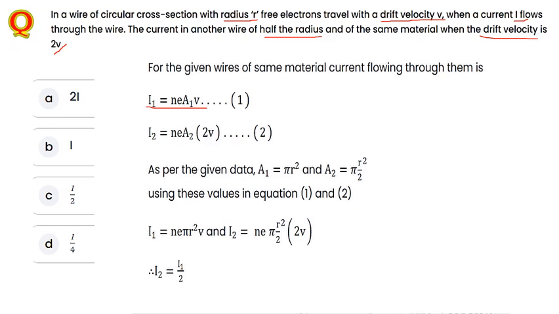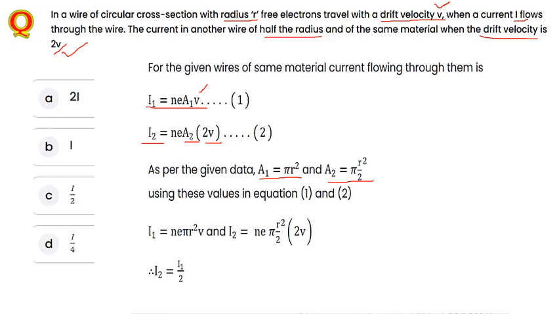So this is about the circular wire. The area of the first one is pi r square. For the second one, the current flowing is I2 and the area of cross section is A2, but here the drift velocity is 2v. They have given that the first one has v, but in the second case they have given 2v. Now the area is pi r square, where r is equal to r by